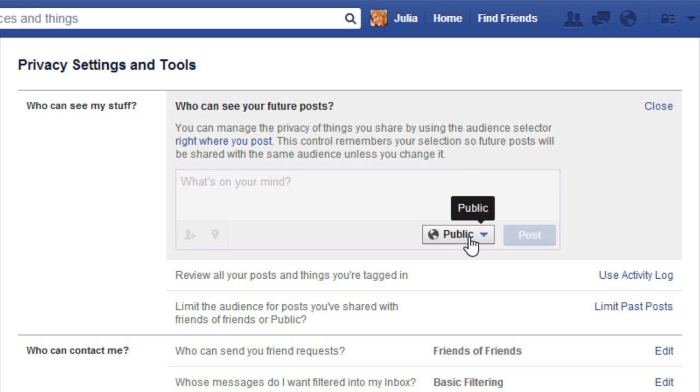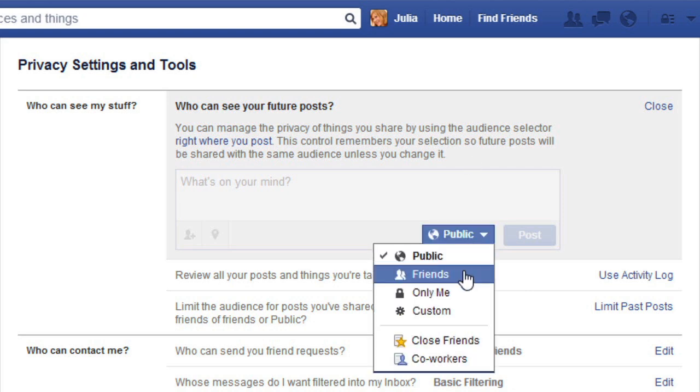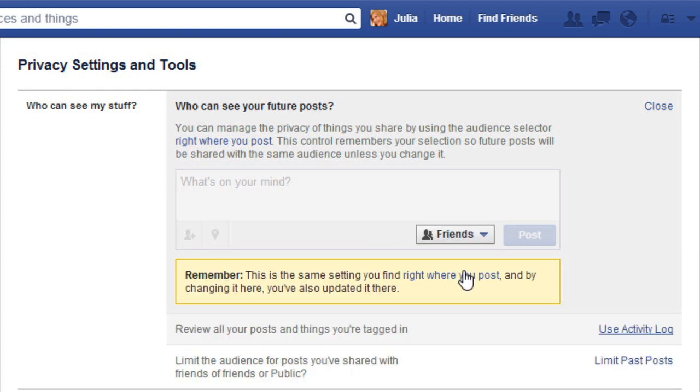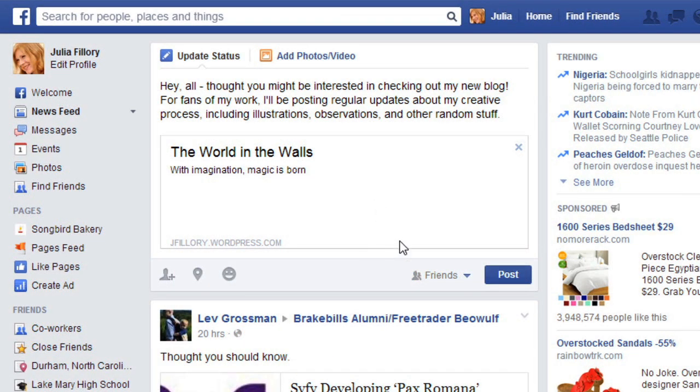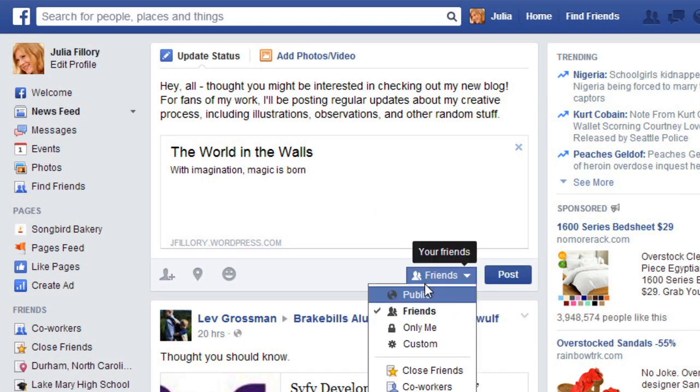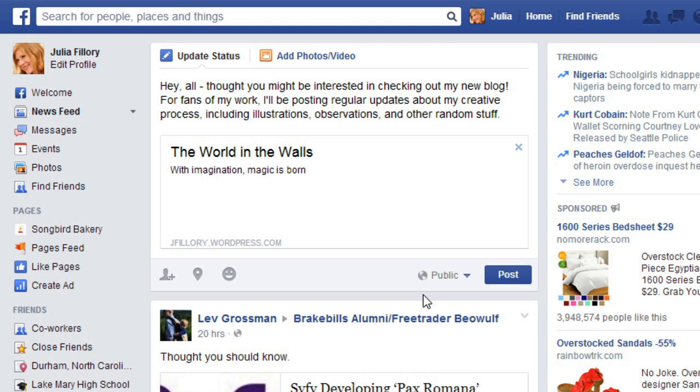Next, use the Audience Selector to control who has access. I recommend choosing either Friends or Custom to give yourself the most privacy. This isn't the only place you'll find the Audience Selector. You'll also find it in the Status Update box. Here you can use it to change the audience for the current post, for example, if you're sharing something different